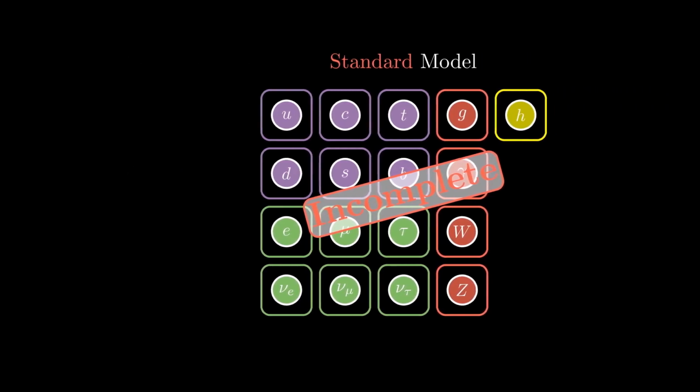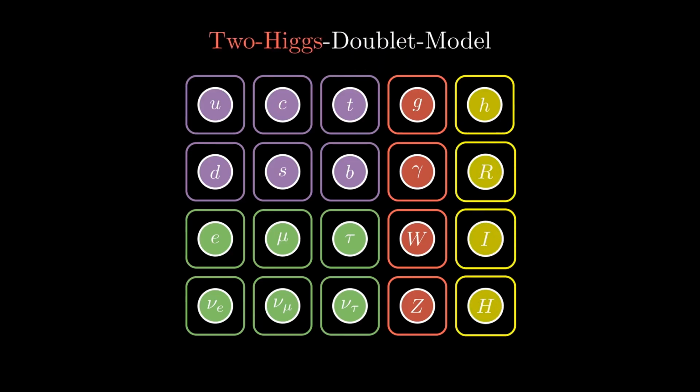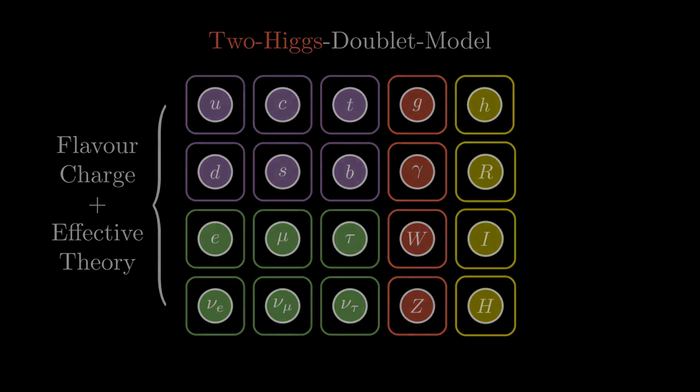My proposal to solve the Flavour puzzle is based on extending the standard model by adding another copy of the Higgs field. In this Two-Higgs-Doublet model, there will be new Higgs bosons. I will also assign a new kind of charge to each fermion and Higgs field, which I call Flavour charge. In this new theory, neutrinos acquire their mass from effective interactions, which appear as a result of considering the standard model as an effective theory, which stems from a more complete framework valid at higher energy levels. All these ingredients together make up the minimal U(1) Two-Higgs-Doublet model for quark and lepton flavour.